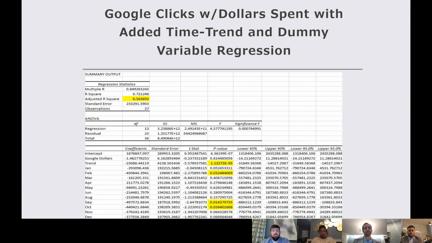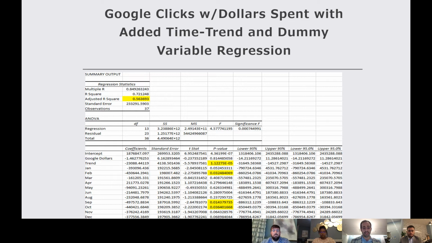So for our third regression, we looked at the seasonality. Specifically, we were interested in July because July is when we see the spike every year. We added another 11 explanatory variables, which are the dummy variables of each of the months, leaving out July. You notice that this third regression really is the best regression that we were able to come up with, explaining 56% of the variability within this model. Our F-test passes, and again we have several significant explanatory variables.